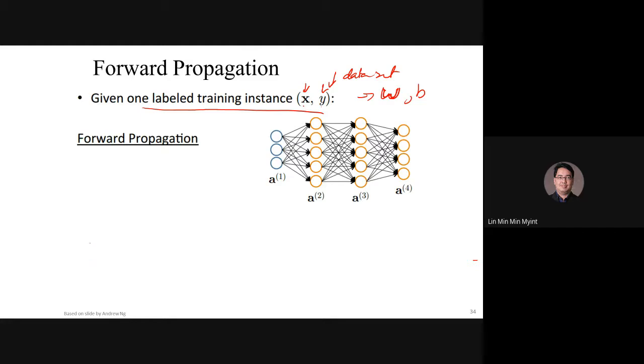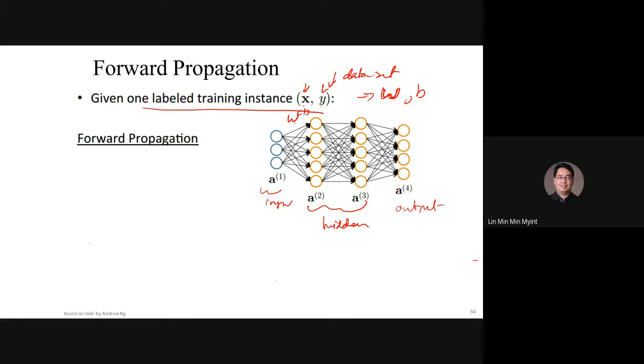So in this model, we have how many layers? 4 layers. So these 2 are hidden layers, this is the output layer, and this is the input layer. So this means we have